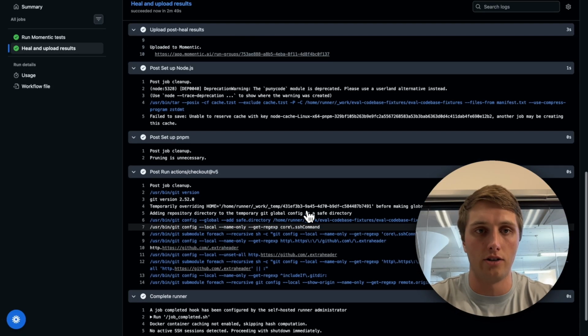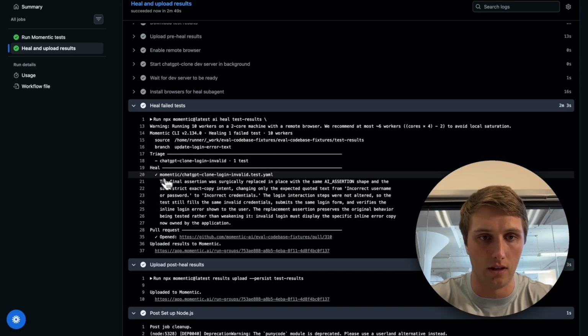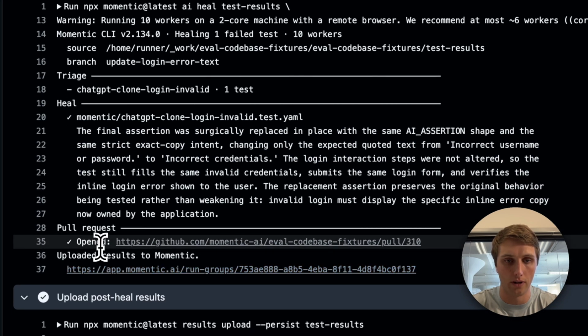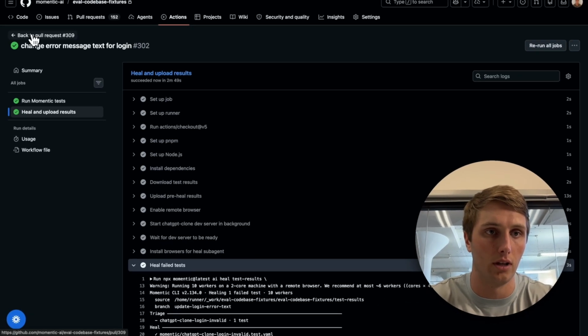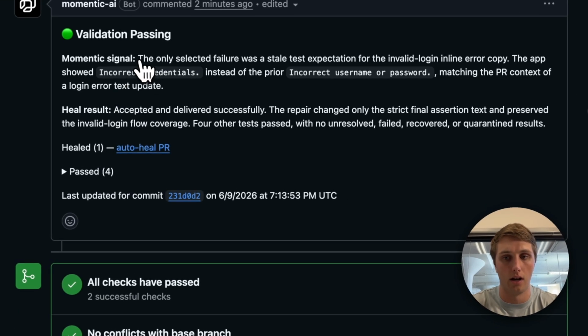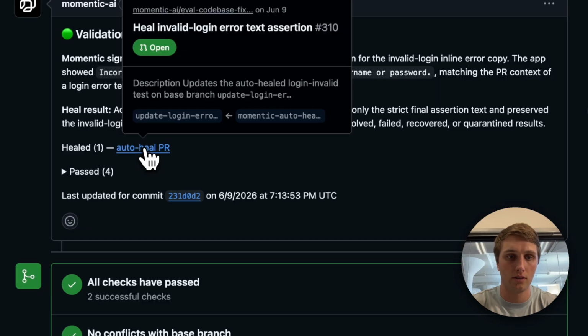Okay, so the triage CI job is finished, and we can see that triage has healed our one failing test and opened a pull request. If we go back to the pull request summary, you can see that it also added a comment indicating that everything is green, considering there were no actual bugs introduced by this PR, and instead this failing test was healed with a pull request. So if I open that up,